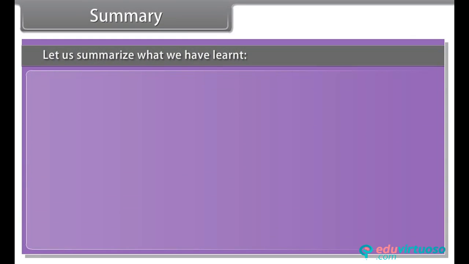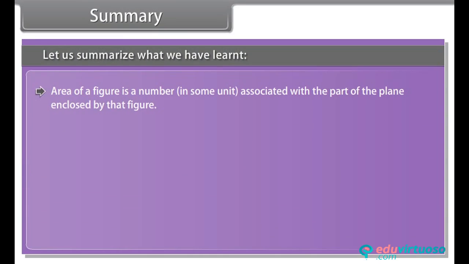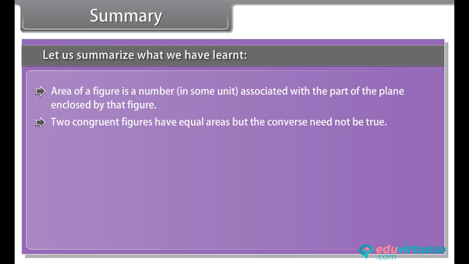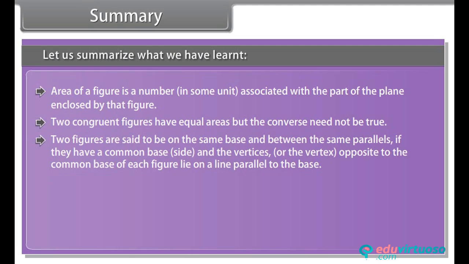Summary. Let us summarize what we have learned. Area of a figure is a number in some unit associated with the part of the plane enclosed by that figure. Two congruent figures have equal areas, but the converse need not be true. Two figures are said to be on the same base and between the same parallels if they have a common base, and the vertices or the vertex opposite to the common base of each figure lie on a line